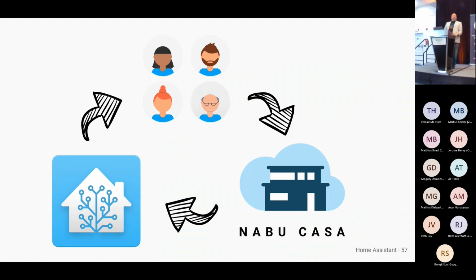And so how is this funded? So with Nabu Casa, we started a cloud service called Home Assistant Cloud. Because Home Assistant runs all at home, it means that when you're not at home, you cannot access your home network because that's a security feature. But it also means you cannot access Home Assistant. So the first feature we launched is end-to-end remote encrypted access to your Home Assistant instance. So even when you're outside of your house, you can access Home Assistant.